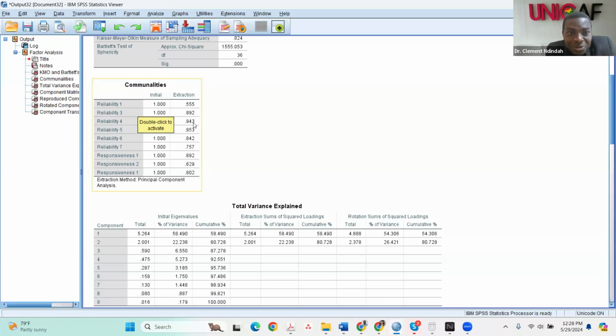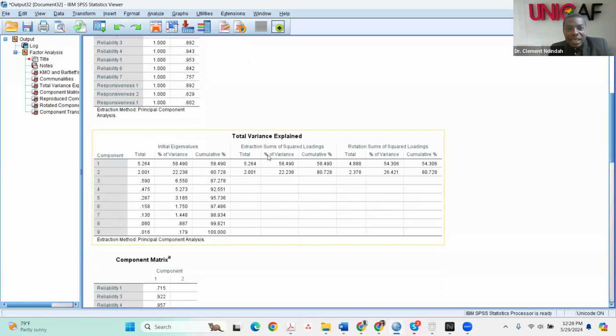When you go through, you look at the correlation of these different variables that are used to measure that construct, you see that they all have very, very strong correlation. They have strong correlation that is higher than 5%. So there is good loading. They load all very well together, and we still have this table, this total variance explained, which tells us that